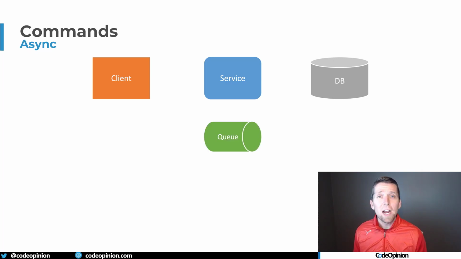So if we're going to have high latency, we can move at this point to something asynchronous, where we make that call from our client to our service, and our service, instead of actually doing the work, can just create a message that it puts on the queue. Once it does that, we can go back to the client saying, we've completed accepting your request. We haven't actually fully processed it yet. And again, there has to be some indication to the client that that's actually what happened.